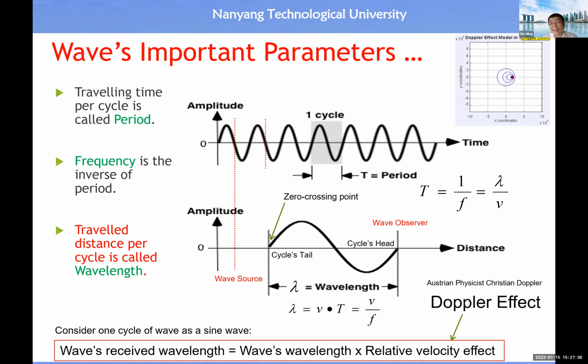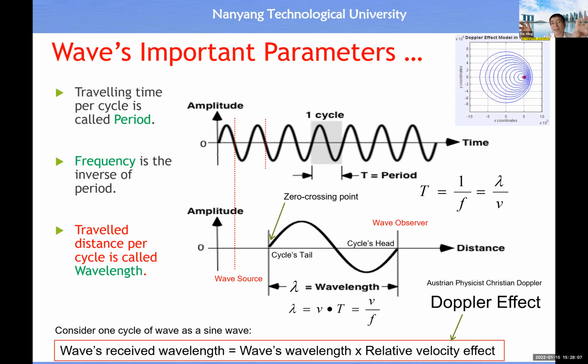This phenomenon was discovered by the Austrian physicist Christian Doppler, and was later verified by many other scientists. It is a very interesting discovery. If you think in this way, it should be easier: you have a source and you have a sensor, and the source just sends out the sequence of amplitude values one by one.